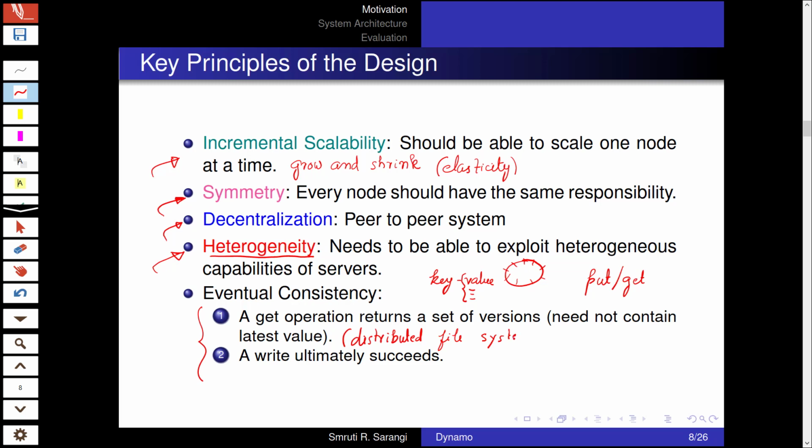That discusses the versions issue in more detail. And the other is, of course, as we have discussed, a write ultimately succeeds. It doesn't take infinite time for a write to actually happen. So it ultimately happens. But of course, multiple versions have to be created, and we are explicitly aware of that.